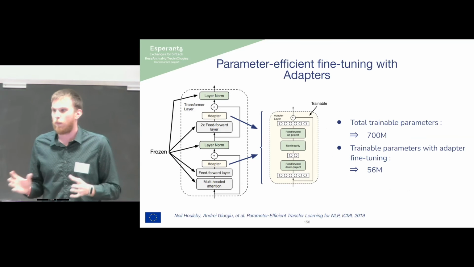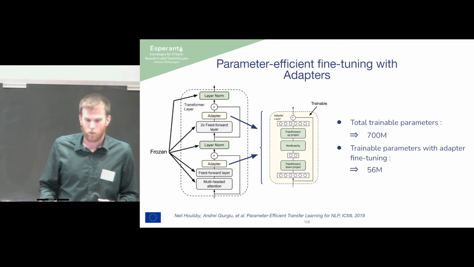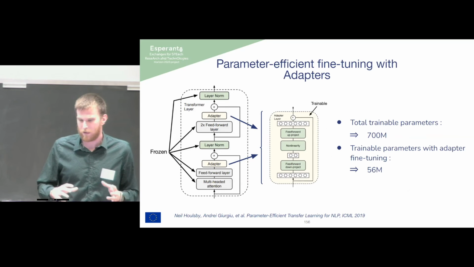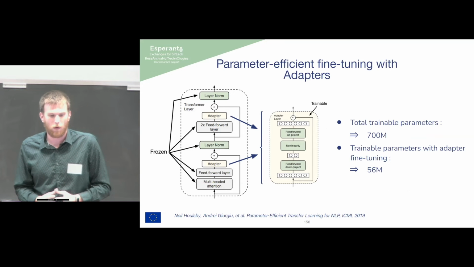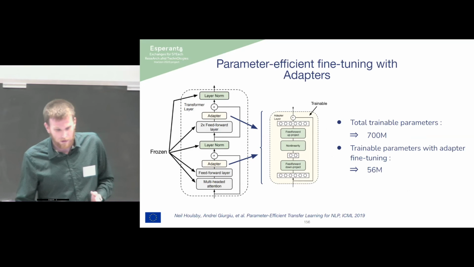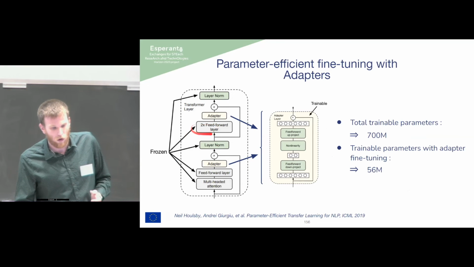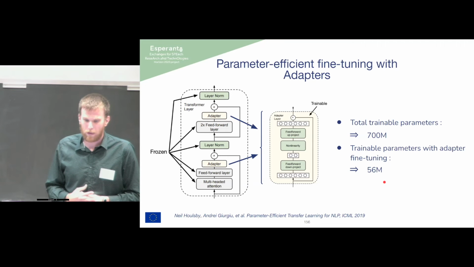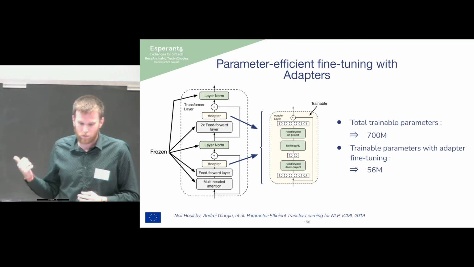So once we have both the encoder and the decoder initialized, we're going to be fine-tuning both on the speech translation task. But in fact, we are not fine-tuning all the parameters in the model. We are doing it in an efficient way using adapters, as you can see here. Instead of fine-tuning all the layers in the model, we're introducing this adapter here, and we're only updating the parameters in these layers. So that makes a significant reduction in the number of trainable parameters, that goes from 700 million to 56 million.